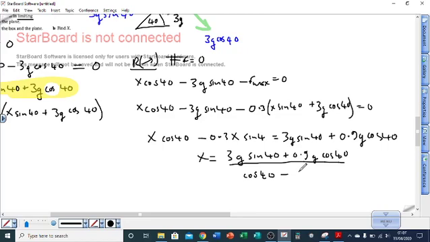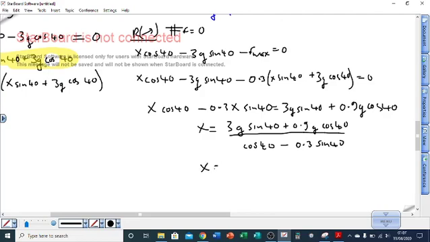minus 0.3 sin 40, and again I missed a 0 off there. That's weird, I made quite a few silly mistakes. Anyway, we've got X is equal to, calculator out,